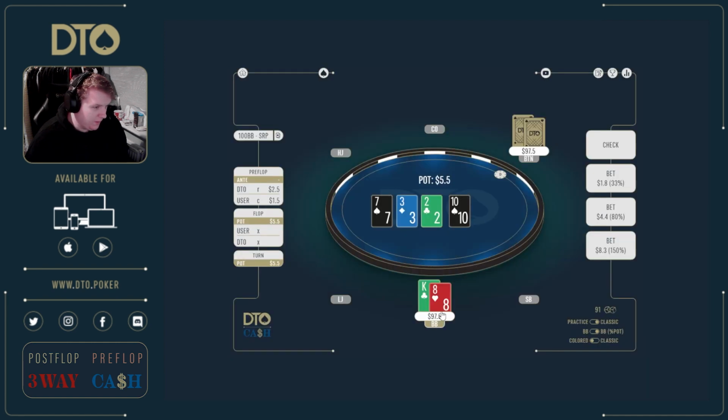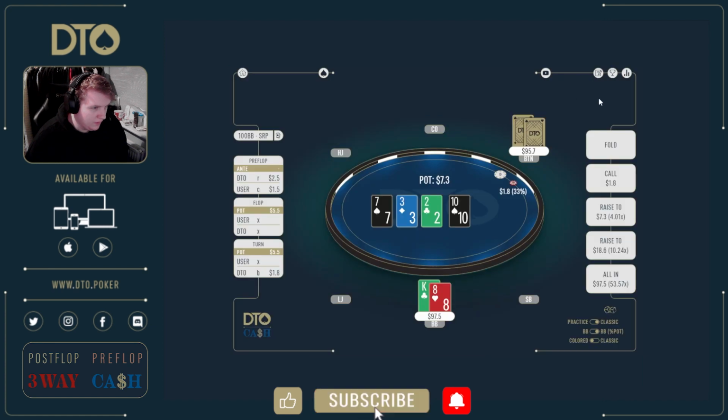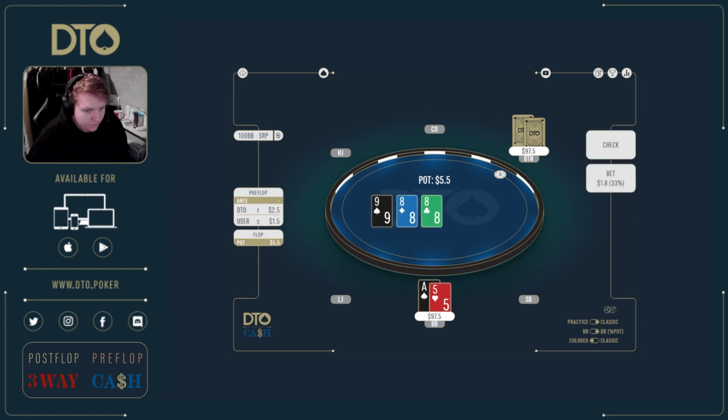Yeah, we just have no pair, no draw, just like zero equity, and I think it's just gonna be a check fold. When do we turn our garbage hands like King 8 to bluff? King 8 in that spot is mostly just going to check to the river. You're going to bluff the river a decent amount with King 8 when it checks to the river, but